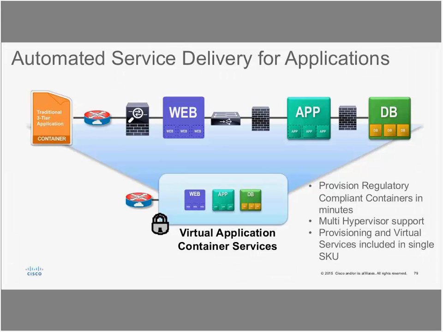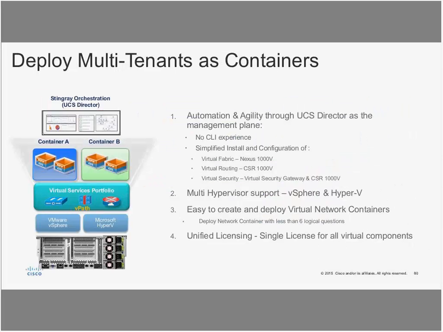So just an overview: you have a container, and you have all the services tied up as a logical container. From a troubleshooting and configuration point of view, you can just go to one single management tool. For deploying more resources or removing resources, again, you go to the one single tool. Another view of how it would look: irrespective of what server you have, ESXi or Hyper-V, you have your same virtual portfolio, which is available to all the tenants in a segregated, secured way. And all this happens through the use of UCS Director.